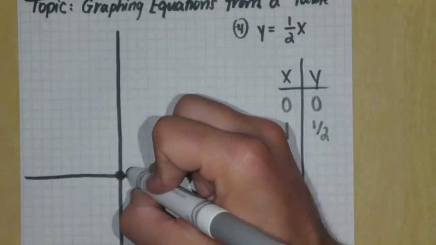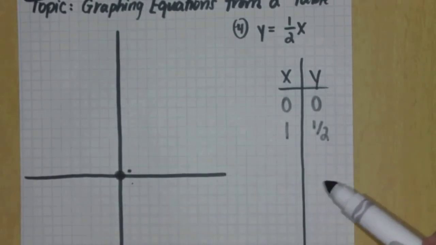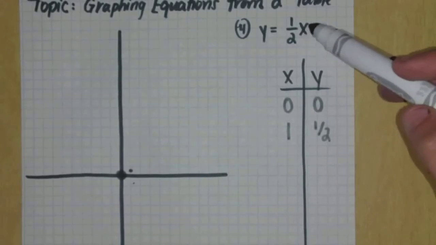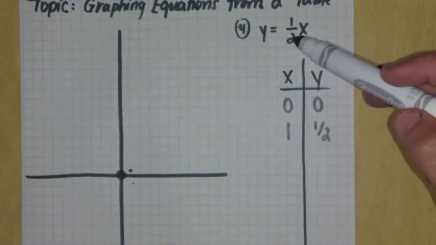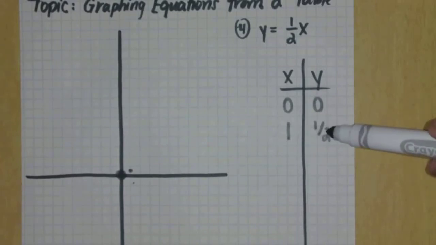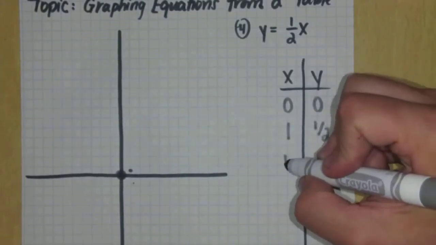We can do it, but it's not as accurate because you saw how I had to make that graph so much smaller, or that point so much smaller than that point. That's because I was running out of room with this marker. So let's think about what values would be good to choose. I'm taking half of a number. If I take half of an odd number, it doesn't really be the best number. Not when I'm talking about graphing. So let's take half of an even